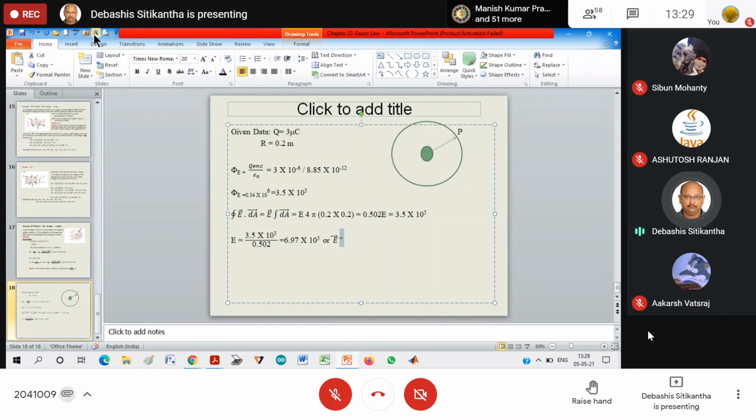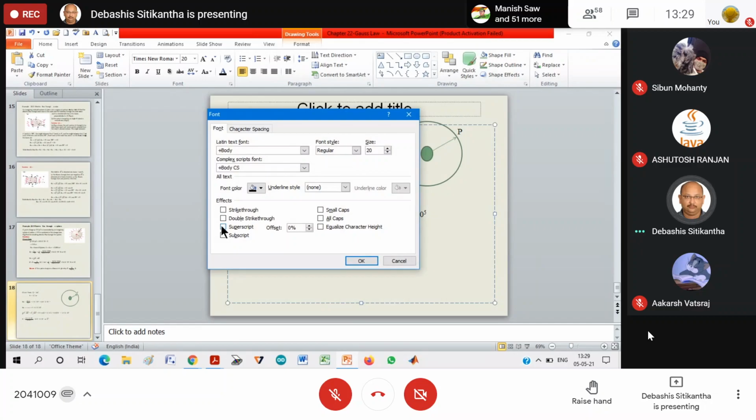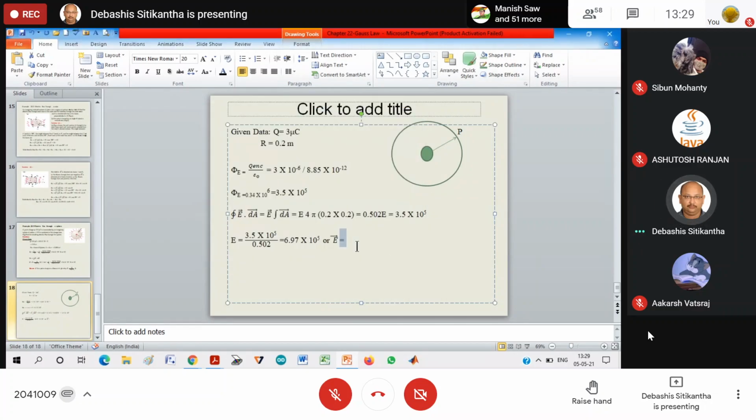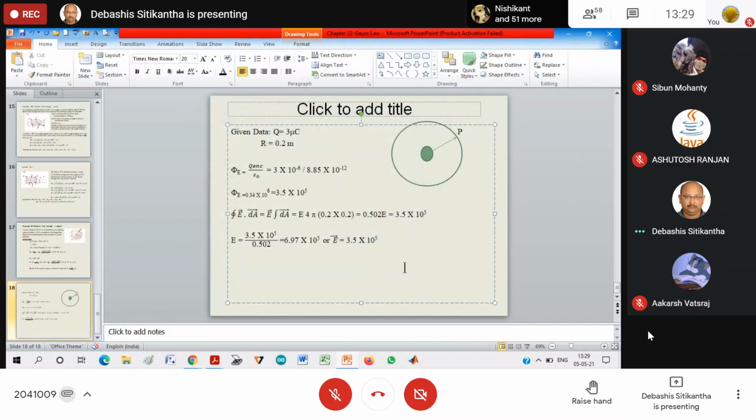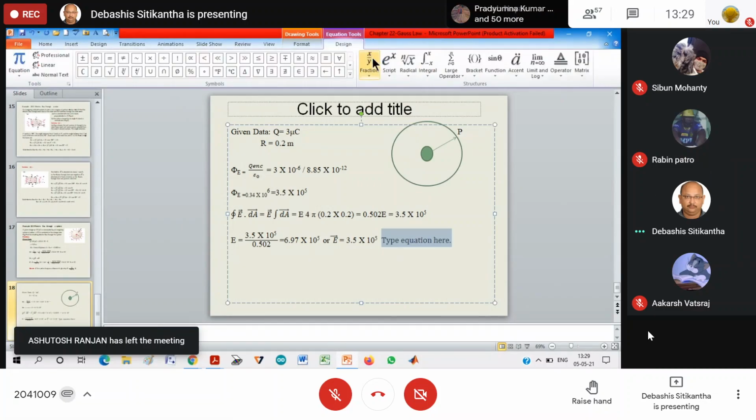What is electric field? Is it a scalar quantity or a vector quantity? Obviously it is a vector quantity. If it is a vector quantity, then obviously it is going to have some direction. Now the direction part is going to be given by, who will tell me? What should I write over here? Come on, tell me. Okay, not a single one.